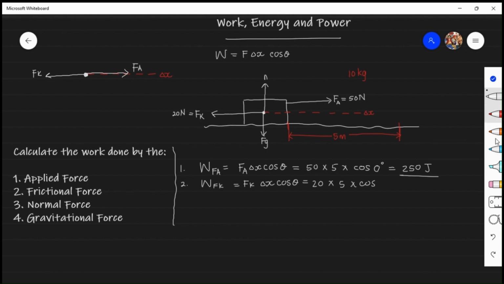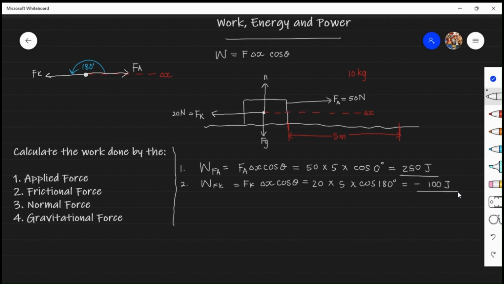And if you notice, there is a 180-degree angle between them because this is a straight line. So, this is going to be 180 degrees. And if we put this into our calculator, we would end up with negative